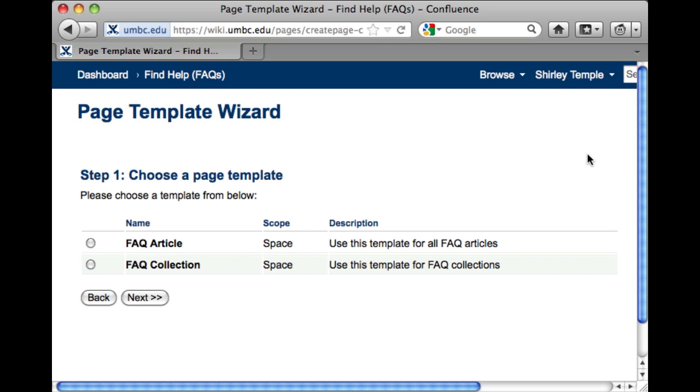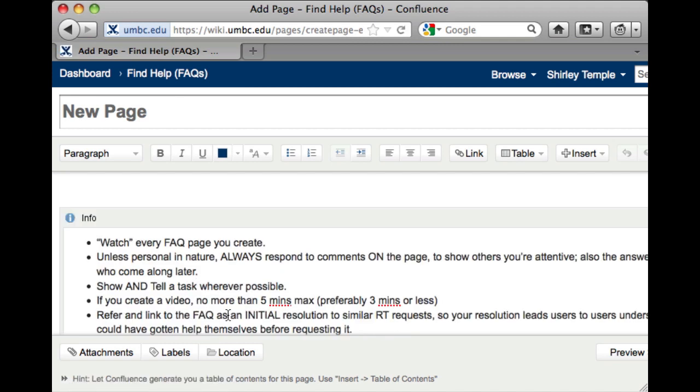So we've streamlined the two templates. The most common template that you're going to be using to add the article is the first option, which is FAQ article. And so you just toggle on that radio button and click next, and it should bring you to this page. So basically on the top, this particular text field, and this is where you will put in the question. So every title has to be in a question format, and it's either how do I do something followed by the step-by-step,